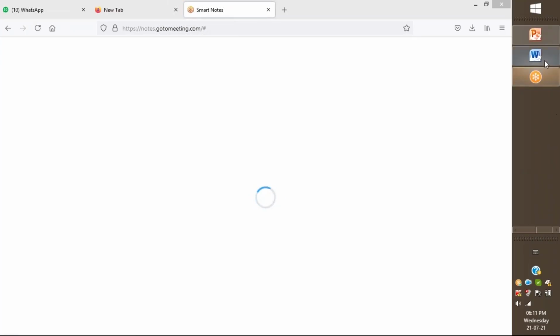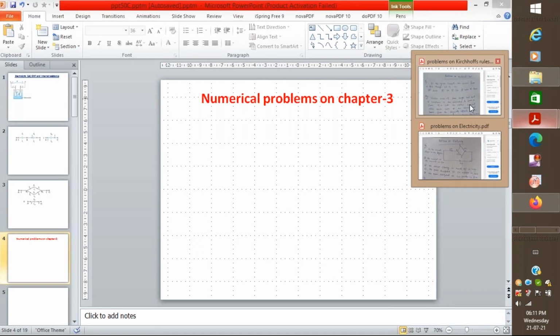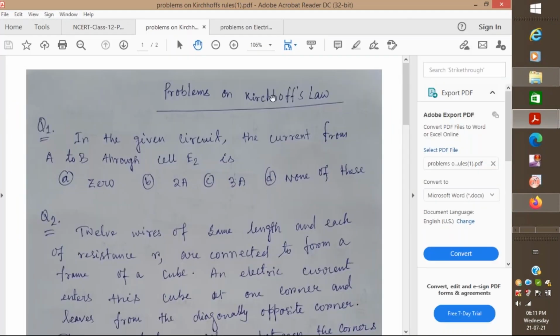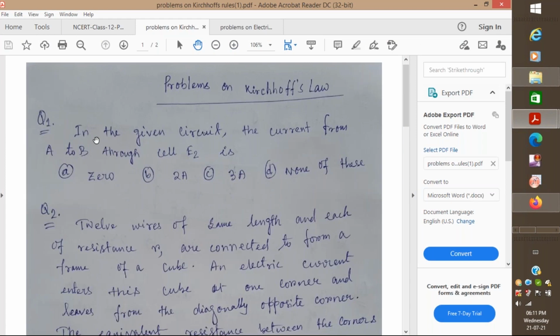So I'll take one by one the problems. So let me take the first set. This is on Kirchhoff's law first. The problems on Kirchhoff's law. Okay, so the first problem